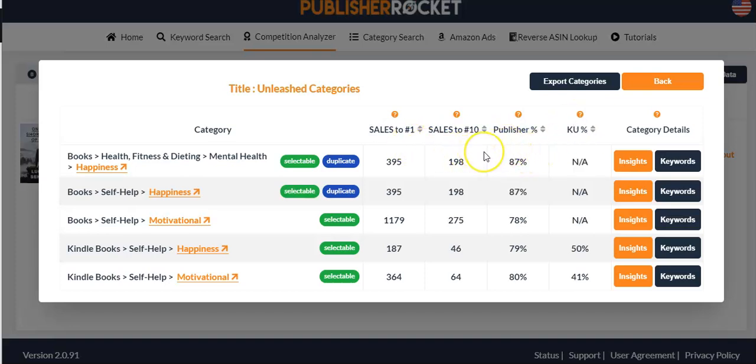Okay. Interesting. So it looks like sales to number 10.